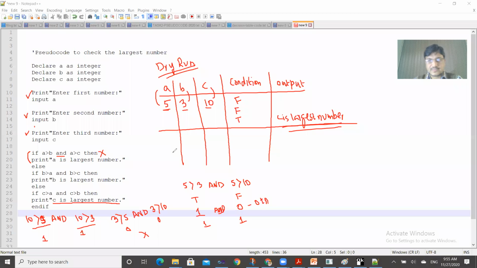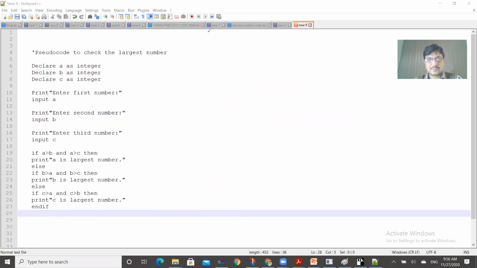Okay. Now, doing the flow chart of the same. Now let me draw the flow chart, and that will again give you another way of looking at this pseudocode,